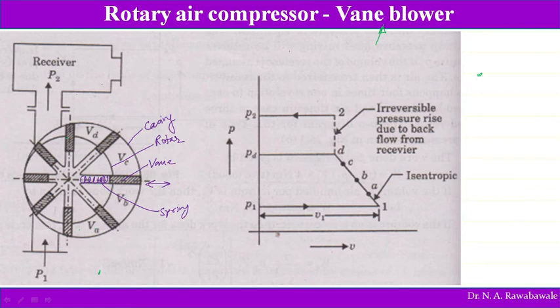direction. The air which is trapped in the first portion moves to the second portion, third portion, fourth portion, fifth portion, and finally it is discharged into the reservoir. Here it is shown in the PV diagram. Gradually this space is reduced, and suddenly pressure is increased because this port gets open, and backflow of air takes place to some extent, and afterwards the air which is brought by these vanes up to here is squeezed out into the reservoir. This is nothing but the process of moving air into the reservoir. This is the squeezing process, the delivery process. Air is delivered into the receiver.